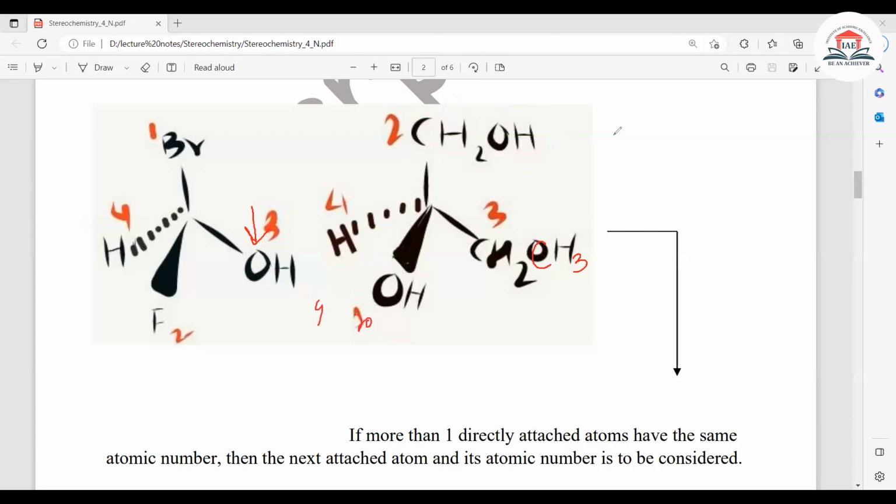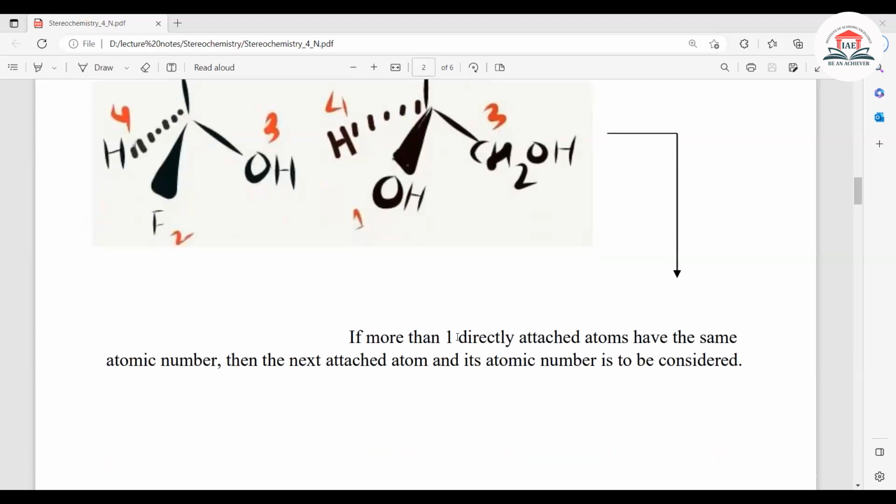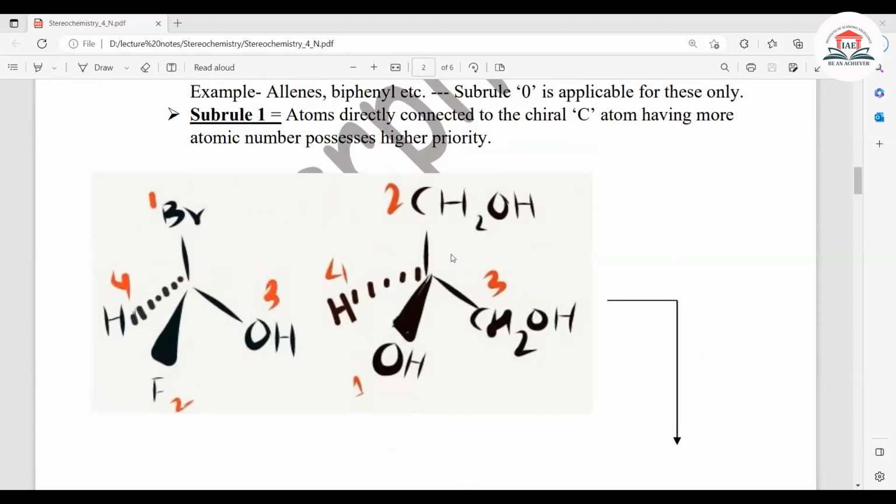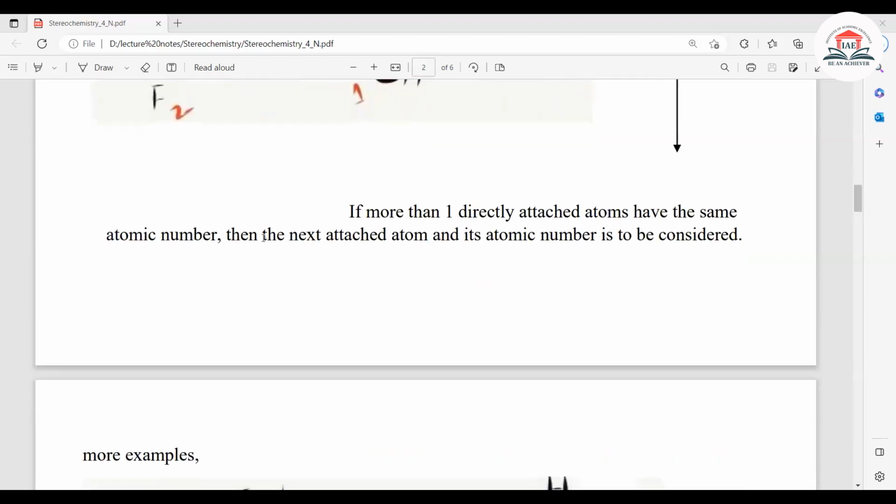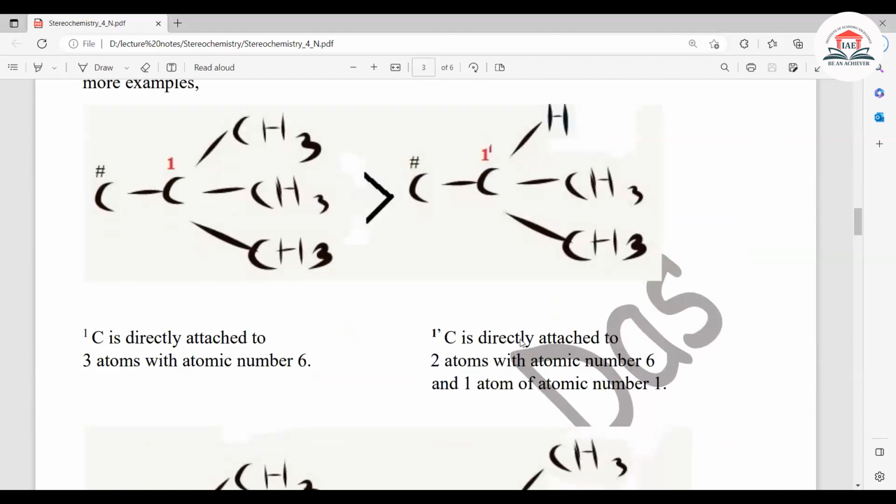Okay. So what is the priority rule? The priority rule number 1 is that the atom directly attached to the chiral carbon having the greater atomic number will have the greater priority. I have written it here, see: if more than one directly attached atoms have the same atomic number, here for example both C had the same atomic number, then the next attached atom and its atomic number is to be considered. Like in this example, okay,